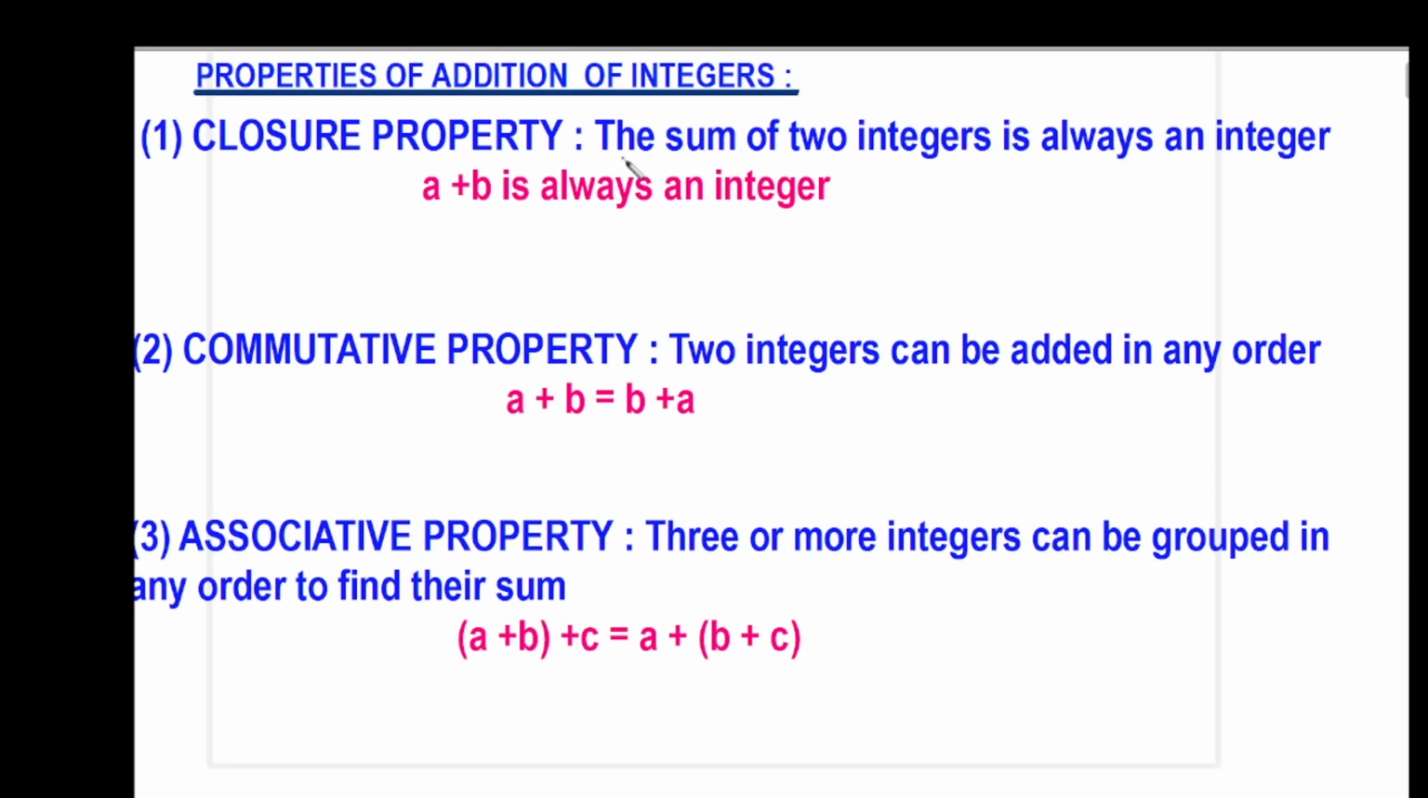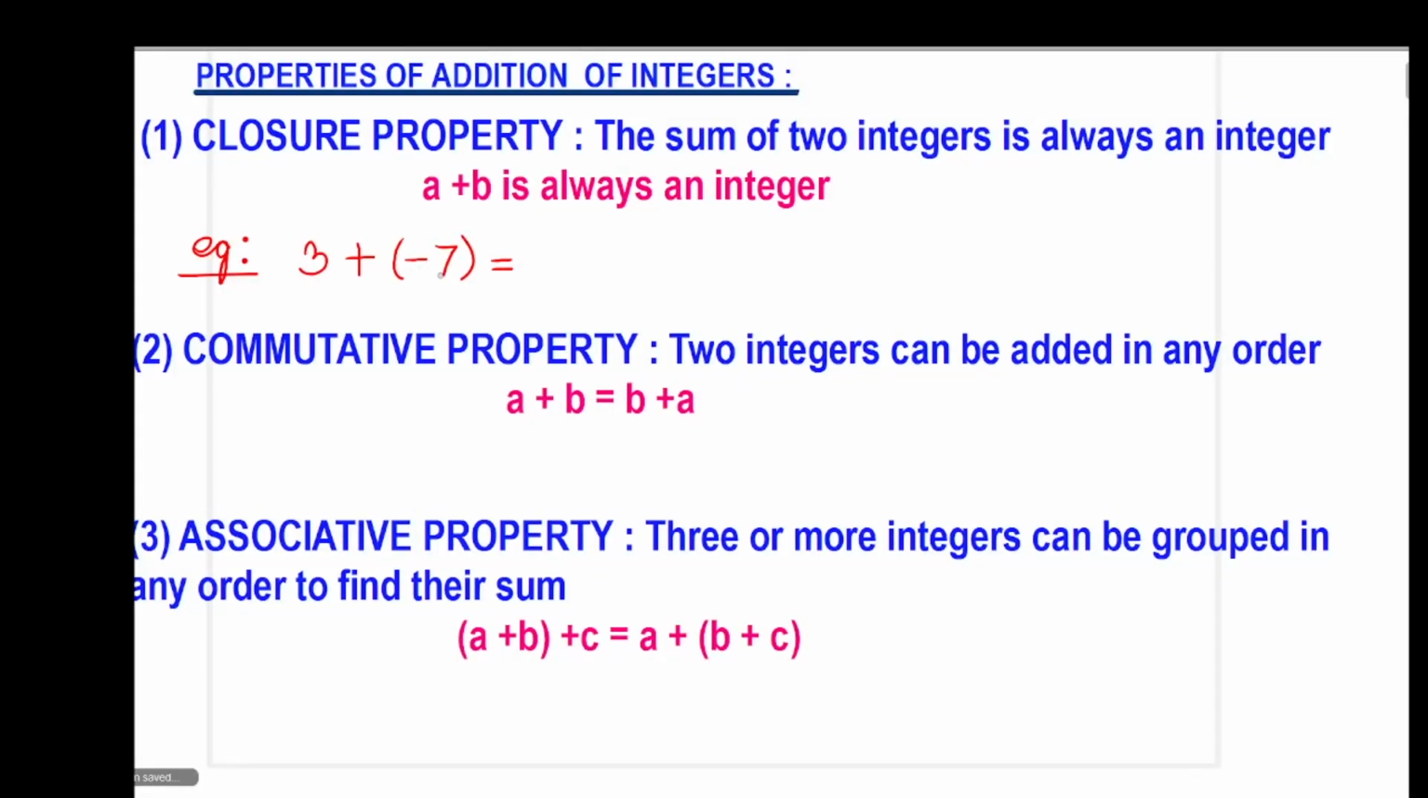So closure property means the sum of two integers is always an integer. That means when we add two integers, if the answer comes as an integer, then we can say that integers satisfy the closure property under addition. Okay. Suppose for example, 3 plus -7. Here you have to apply the 4 points we have just discussed. Okay. So 3 plus -7,